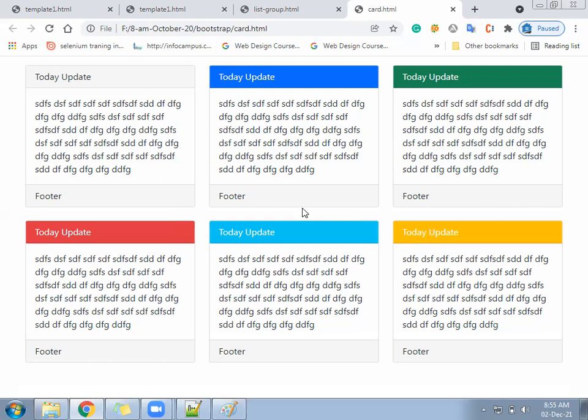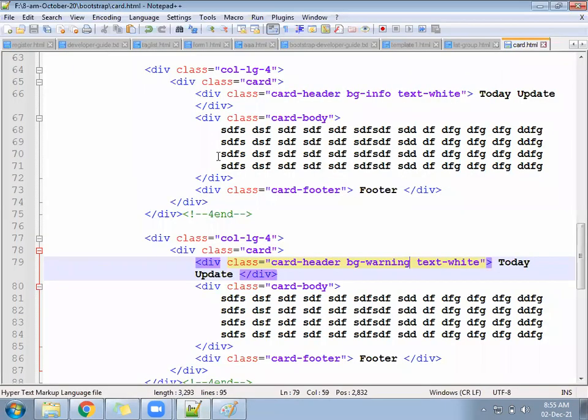Clear? Let's go ahead. So card functionality is over.